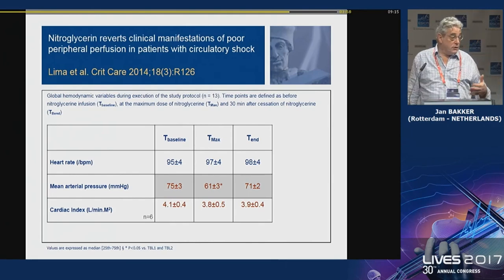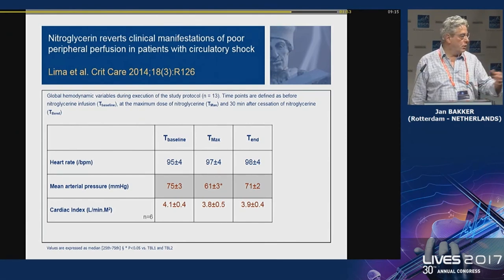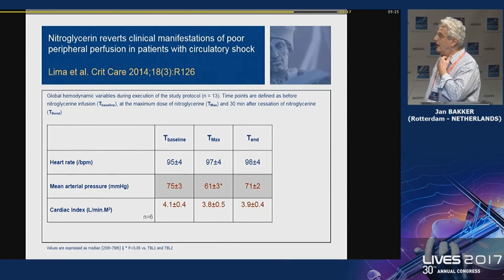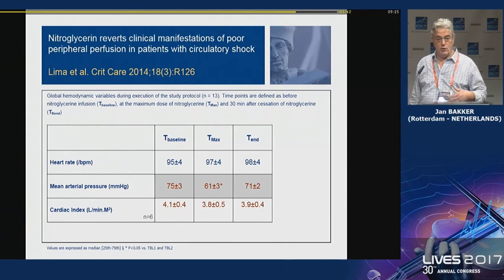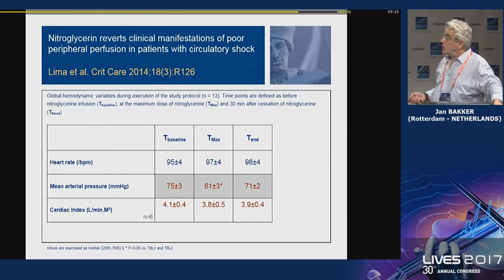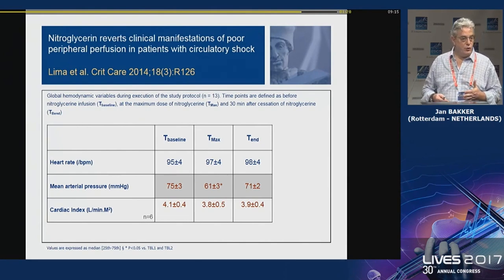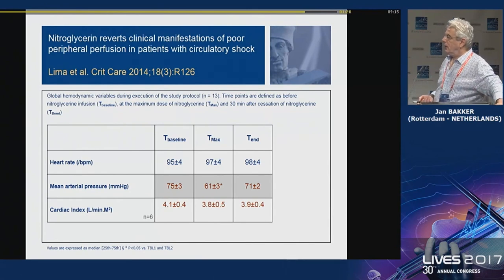And nitroglycerin is used very frequently in the Netherlands when patients are cold or blue or abnormally perfused and stuff like that. We frequently bolus nitroglycerin, but there were no studies, except for the Lancet study of Peter Spronk, where he showed that the microcirculation improves when you give this bolus. And so Alexandre did the study in patients with abnormal microcirculation, and then he increased an infusion of nitroglycerin from 2 to 4 to 8 to 16 milligrams per hour. That's a lot of nitroglycerin, 16 milligrams.